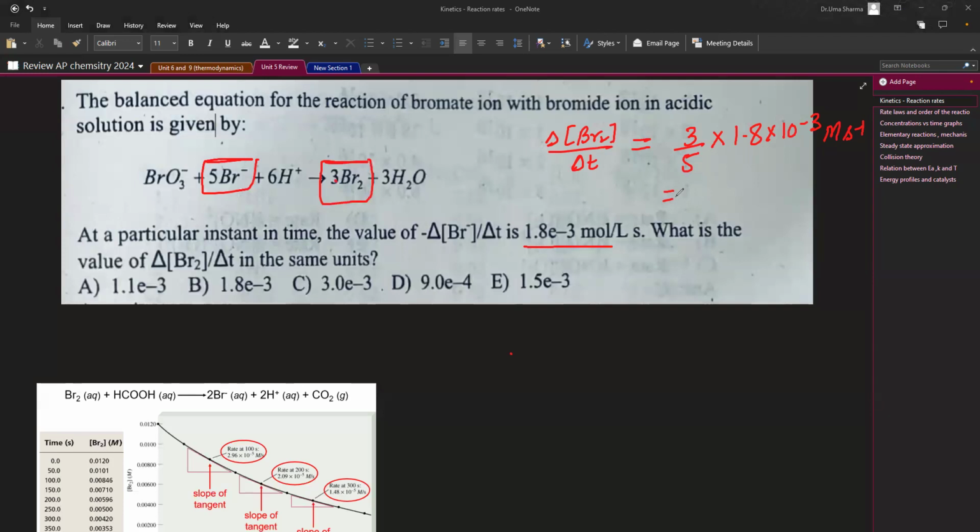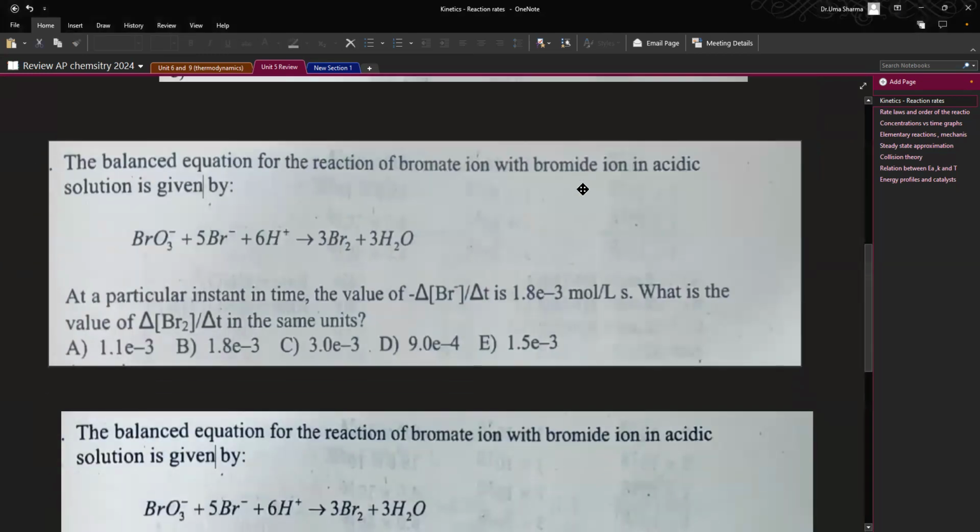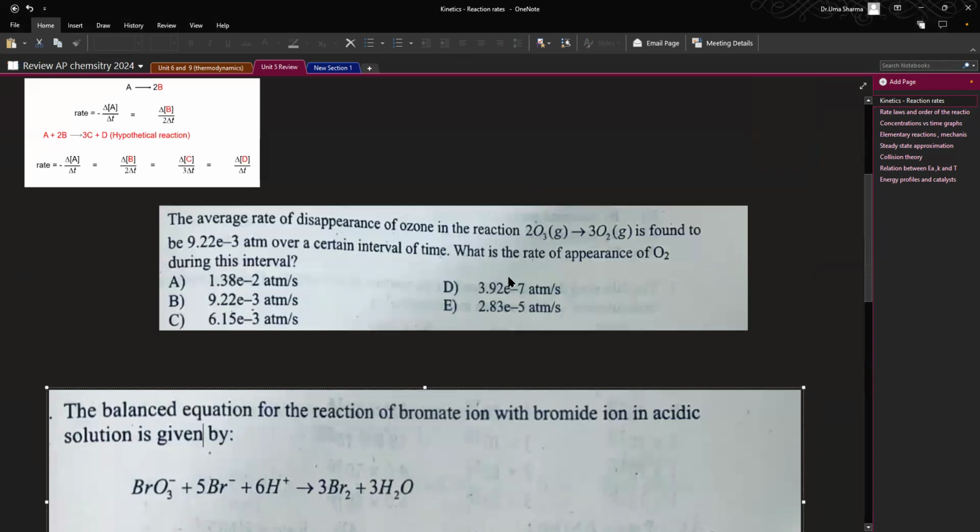A is right, because the answer is 1.08. Can you see? Such a confusing answer. 1.08 means not this, this. Okay. So that's about how to relate the rates of disappearance and appearance, in the examination if some question is there